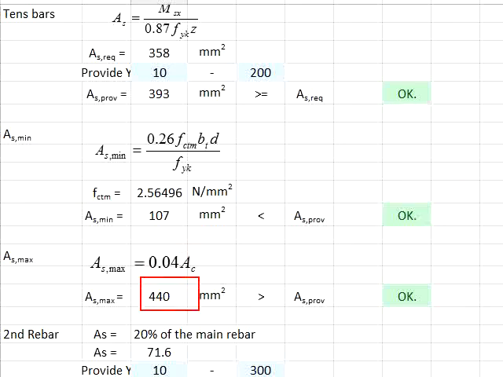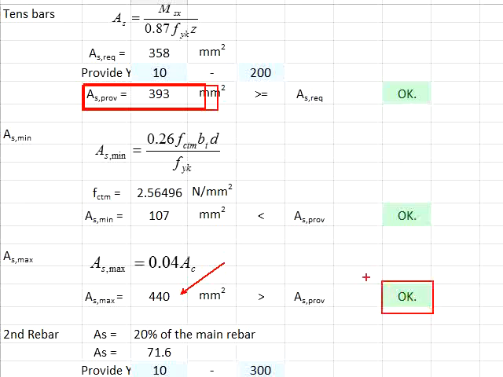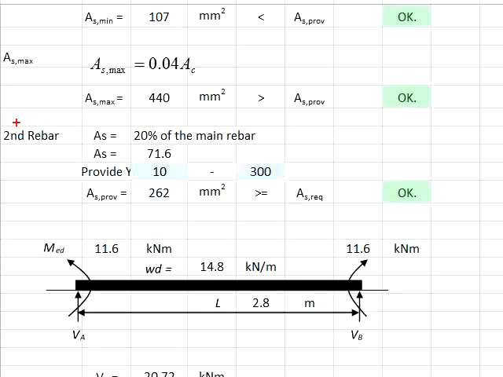You will get the maximum amount of reinforcement bar to be 440 mm². Compared with your As provided, and your As provided does not exceed the maximum allowable area, therefore it is acceptable. Next, you will need to determine the amount of reinforcement bar on the transverse side, which is known as the secondary reinforcement bar. The transverse reinforcement bar does not contribute resistance to the moment, and you know that staircase is